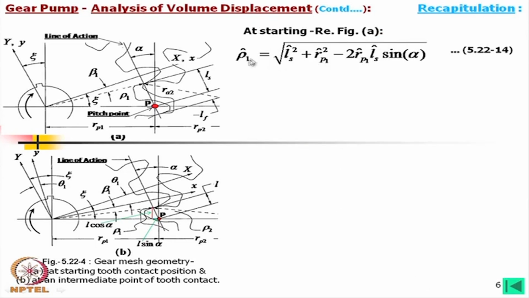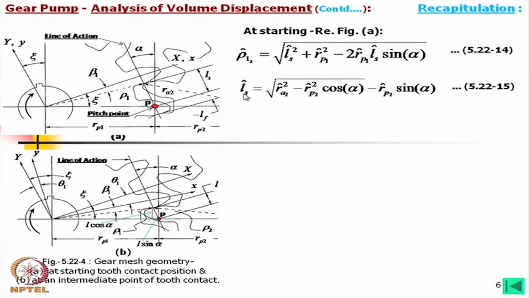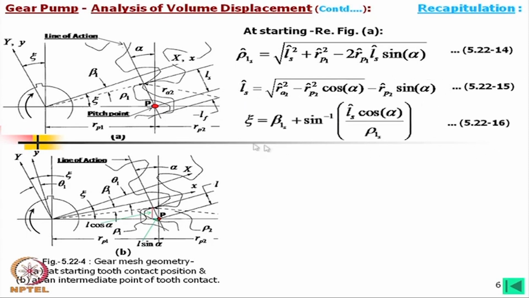Now, we shall consider at starting this equation, rho 1 at starting will be expressed in this form, and then the contact length L s in dimensionless form is also expressed like this. Then we get this angle expressed by this expression, where this is also at the starting,